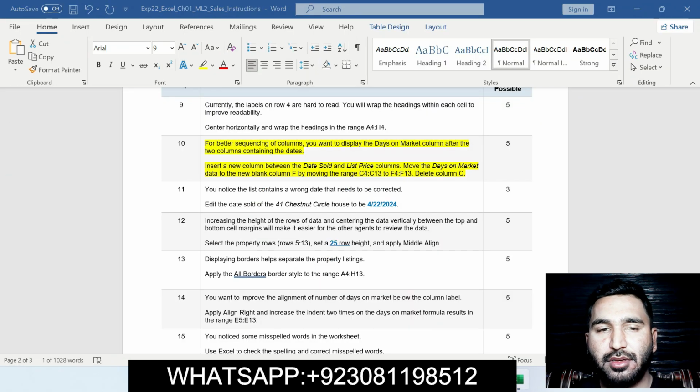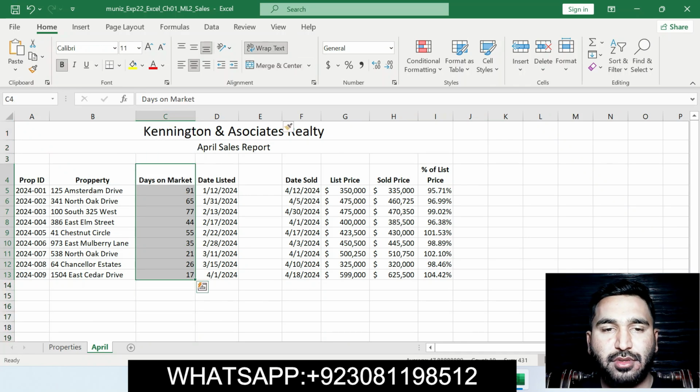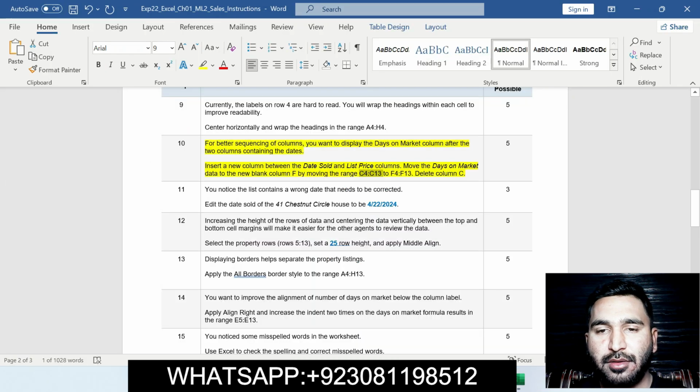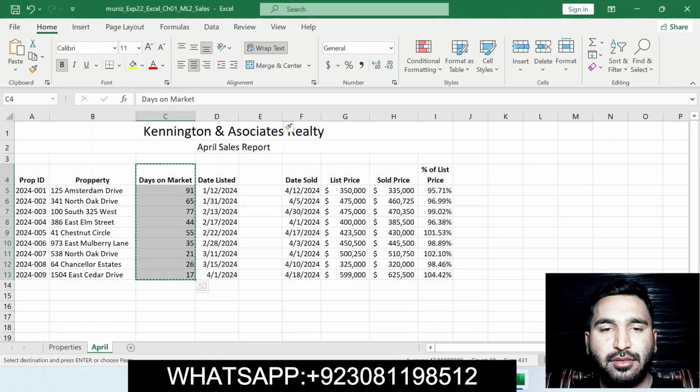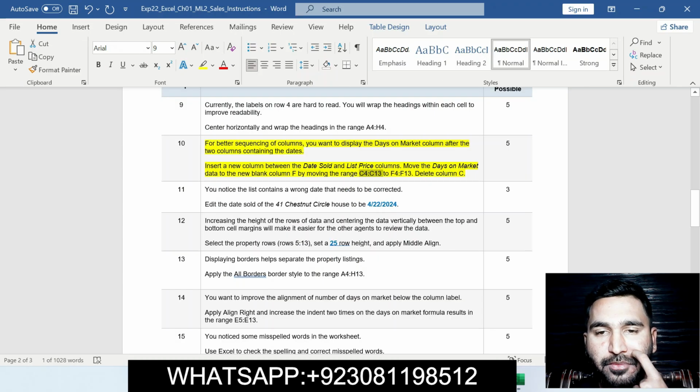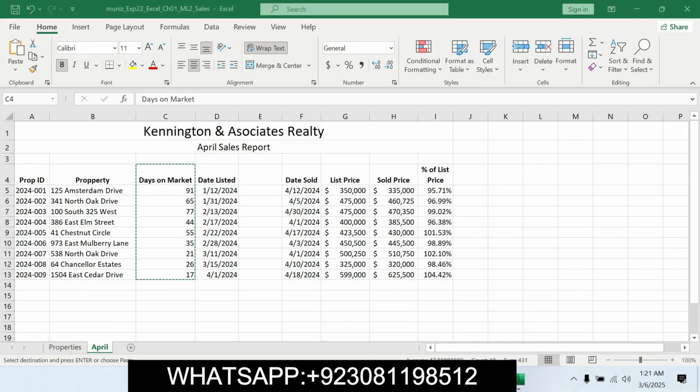You can copy this range, enter this range, right click and cut it, and then paste it in F4 to F13, moving the range C4 to C13 to F4 to F13.